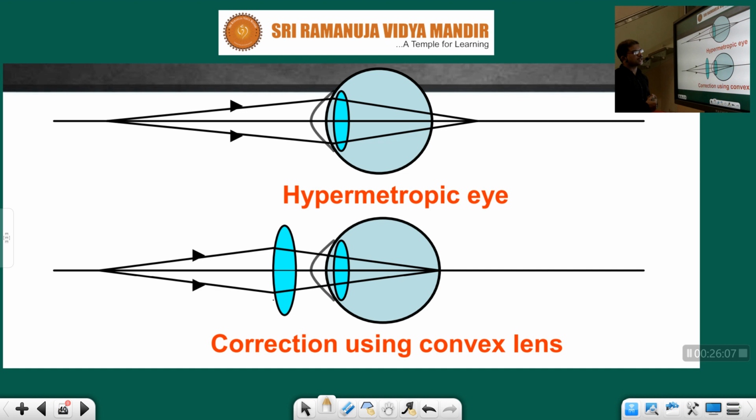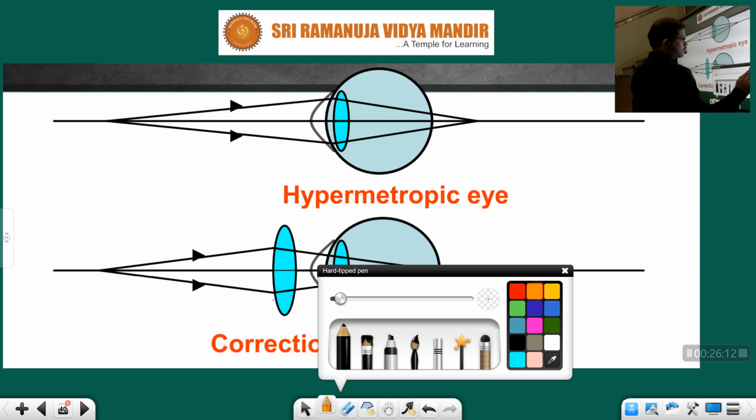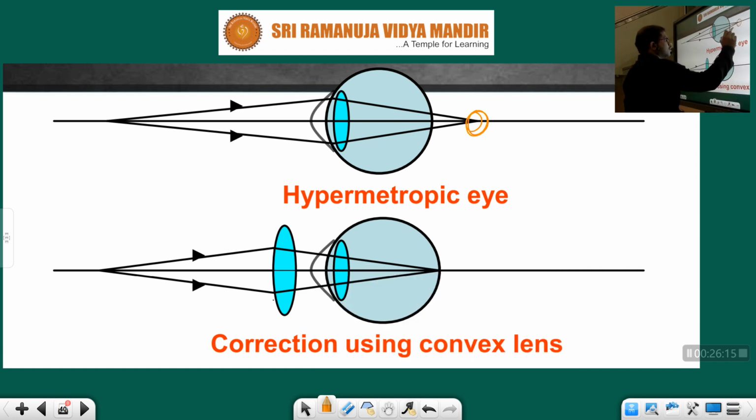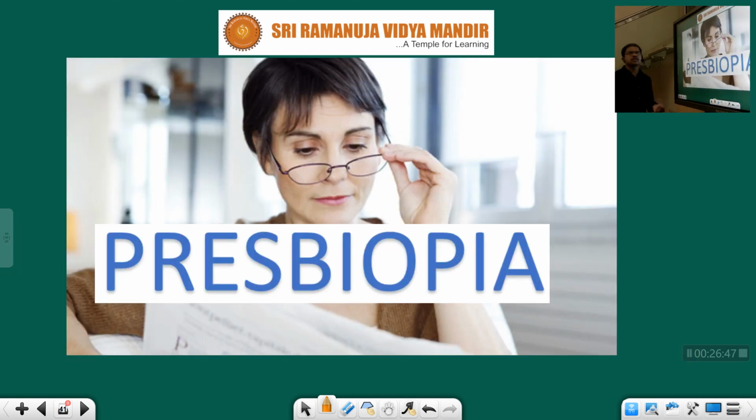See, children, now the hypermetropic eye, previously we have seen. This one is the ray diagram. Instead of falling here, the image is forming here. So we can't see. Now in order to correct that, what did we do? We placed a convex lens and this point got shifted near to the retina. And here the image is about to form now and we can see that. So it was corrected by what? Using a convex lens. Myopia got corrected by using a concave lens.